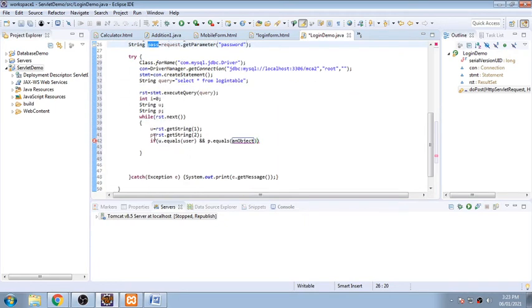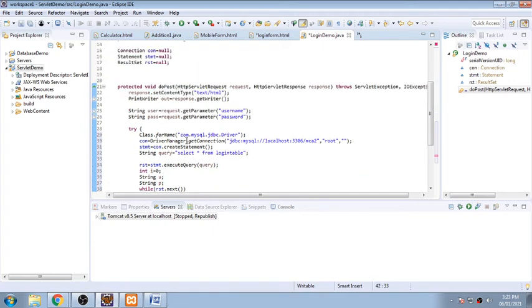The database is containing this password and the text box password is here. So u means the username I have received from my database, and here the user is nothing but what I have received from my parameter, that is from my text box, into this variable.